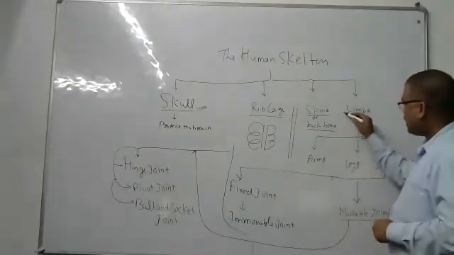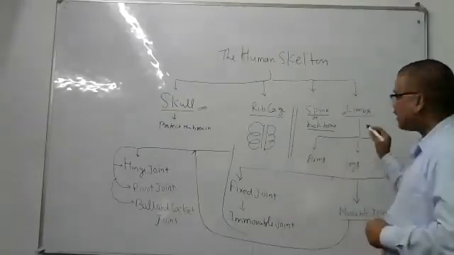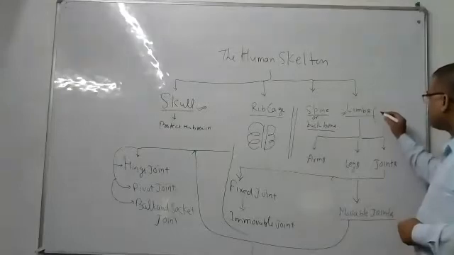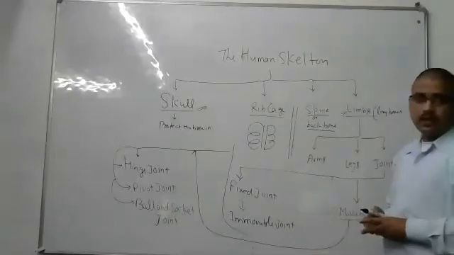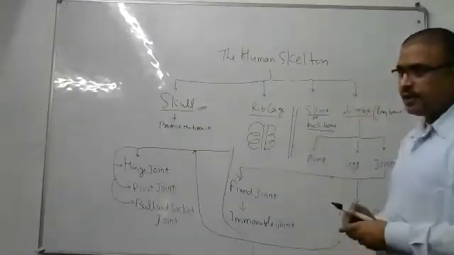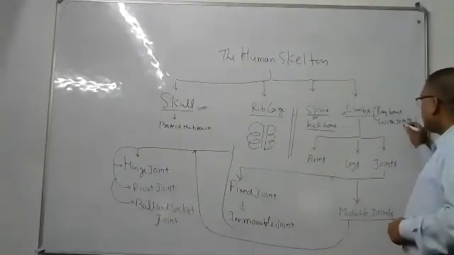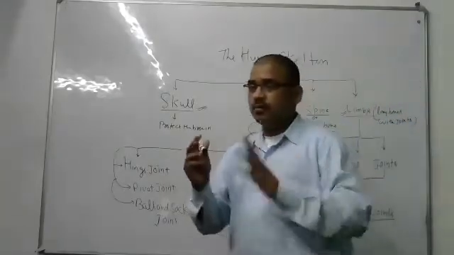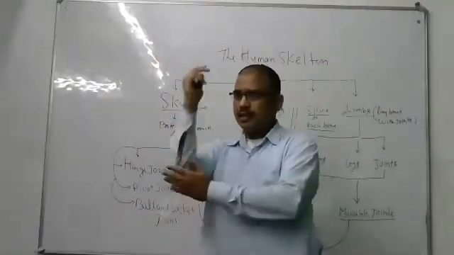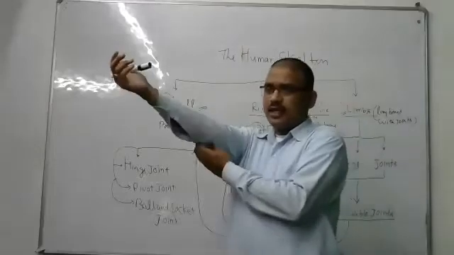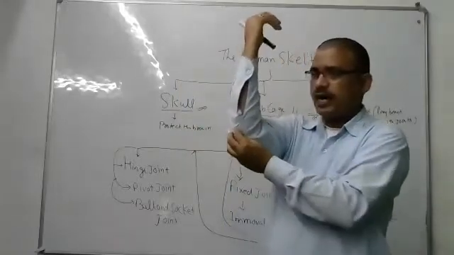Okay, and there are limbs. Limbs are basically long bones with joints. Limbs are basically the kind of bones which are long. All these parts of the limbs have joints. Like here, you can see there is one joint, and this is a long bone. This long bone is joined with this part.